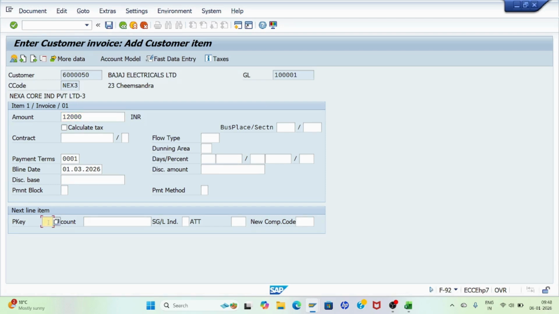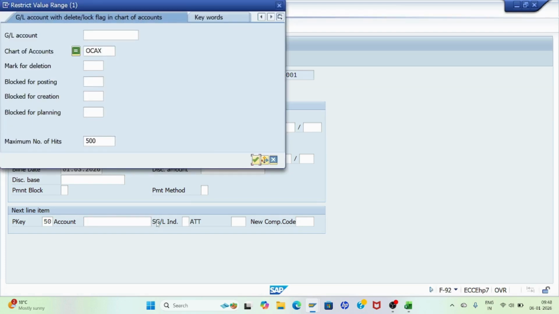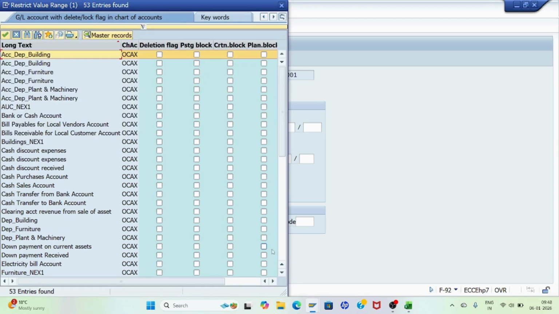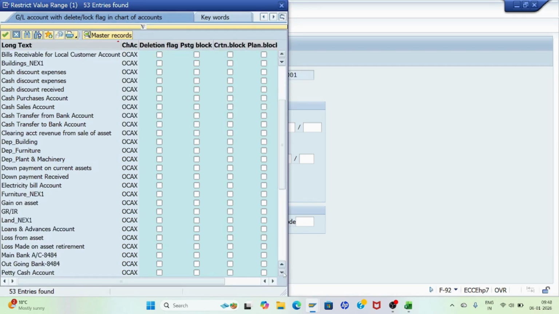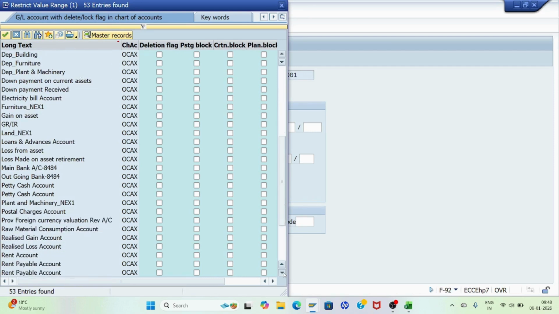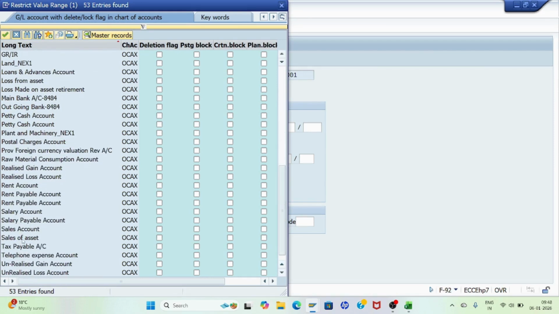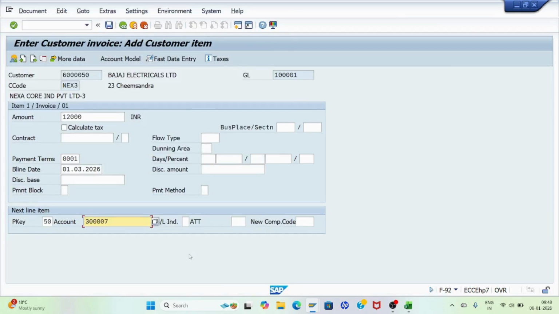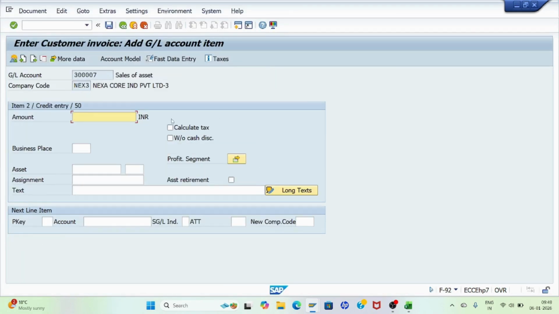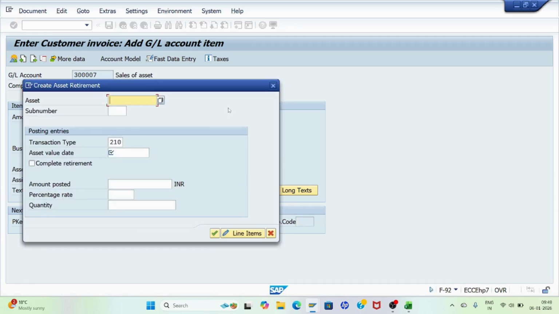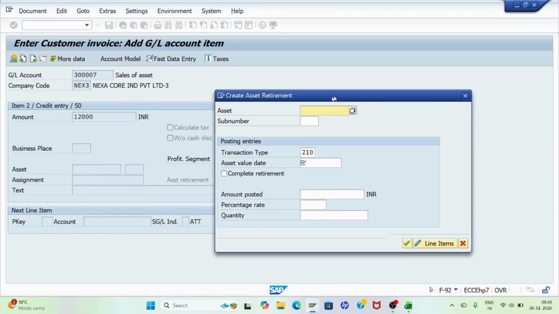Let's give the credit posting key 50 sale of asset. Let's select the sale of asset GL account, and press enter, and give the 12,000 and select the retirement indicator and press enter. So in this pop-up we need to update